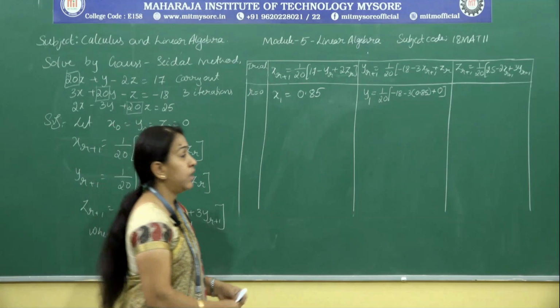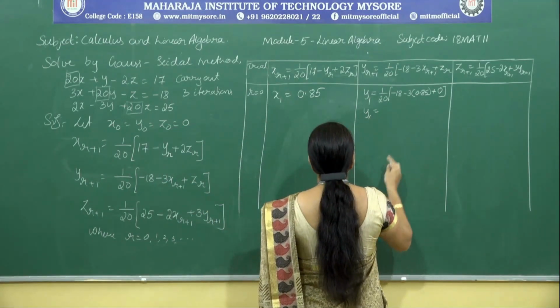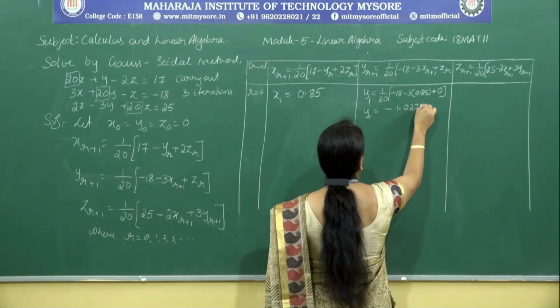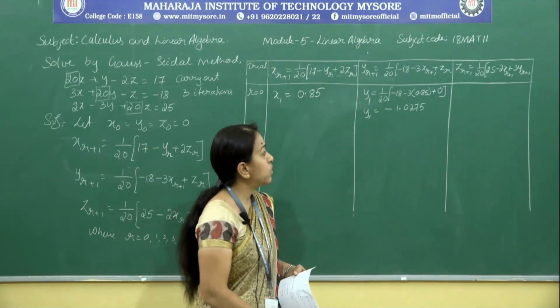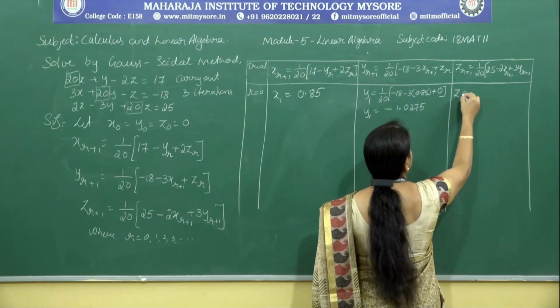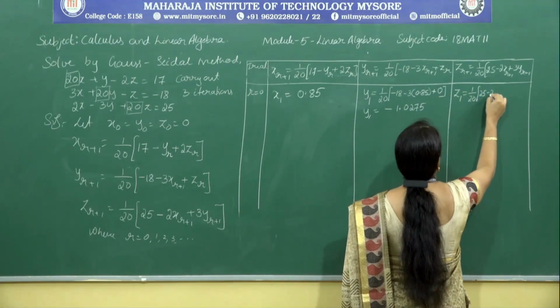If I simplify that, we get y1 equal to minus 1.0275. Similarly, if I put r equal to 0 here, z1 is 1 by 20 into 25 minus 2 times